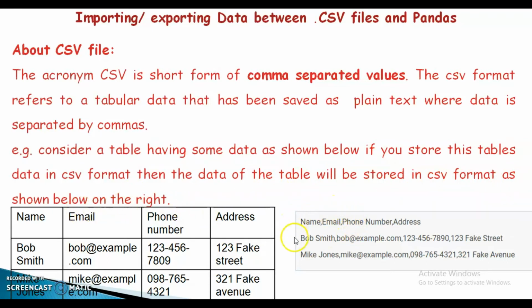That is how the CSV file format looks. That is comma separated values. After name, comma, email, comma, phone number, comma, address, there is no comma specified, but it identifies the new line, the next row, with the name, then the email ID, phone number and address. Okay, clear?